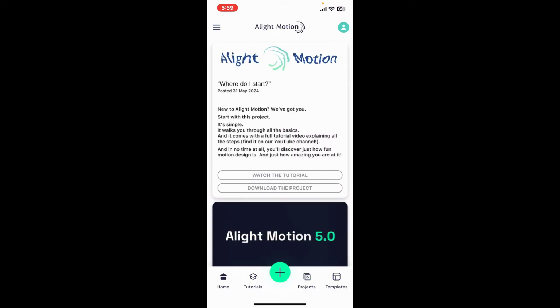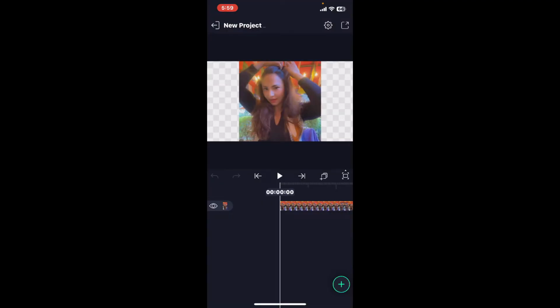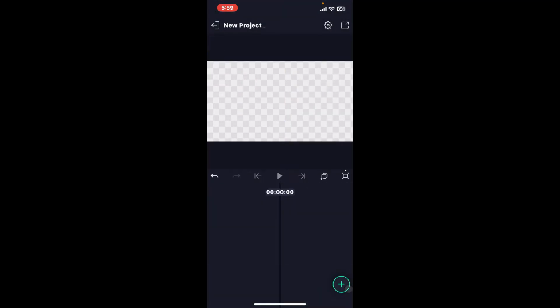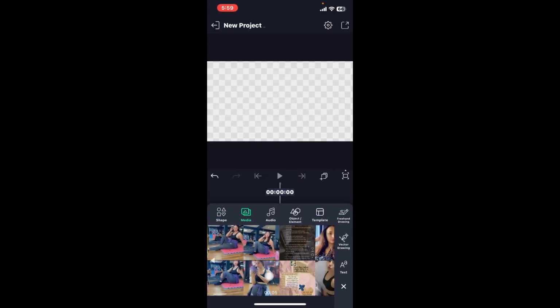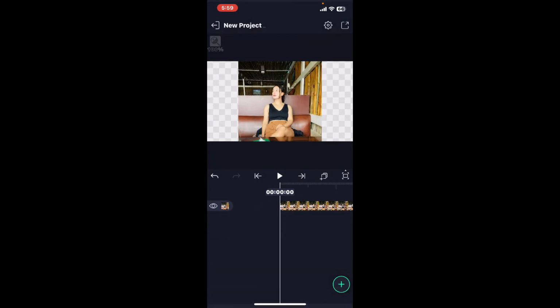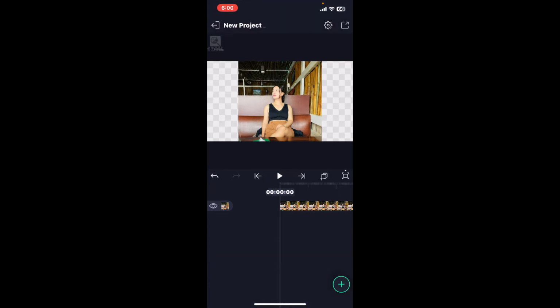Now click open a project you would like to work on, and once you are done, make sure that you've imported a video or a photo or any images you would like to work on with. After you are done adding a layer, go ahead and click on the layer on the screen or on your